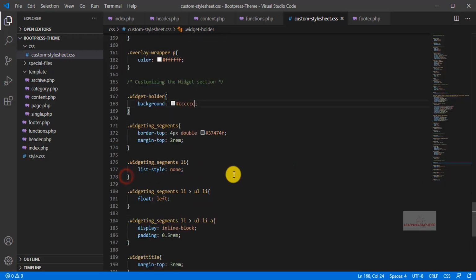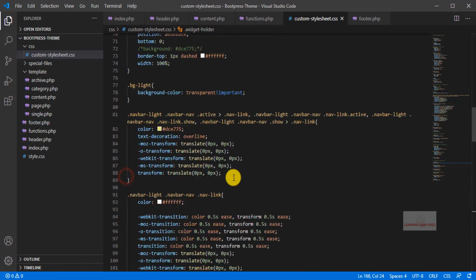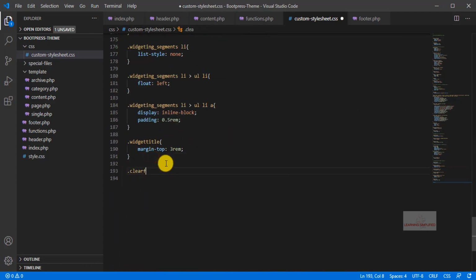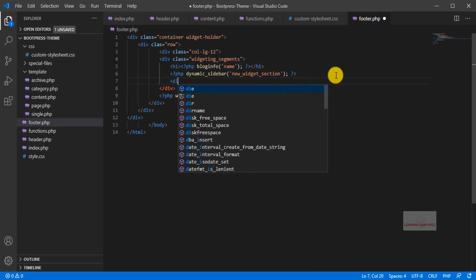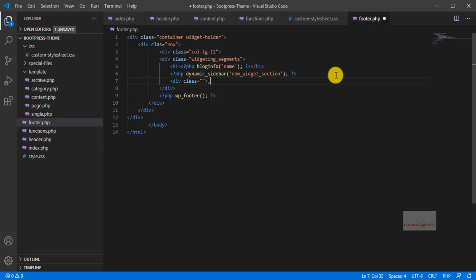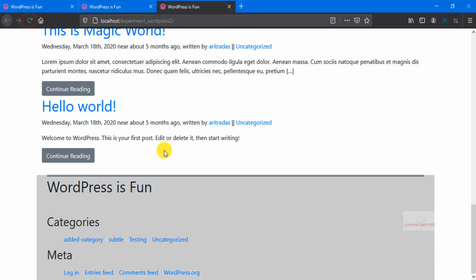Let's create a clear fix here. Head back to footer.php, dynamic sidebar, and here we will be using another div class of clear fix, and you can see that the problem is solved.